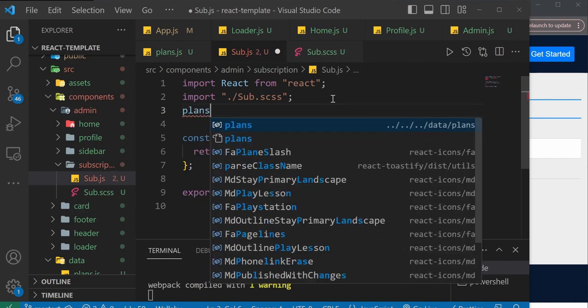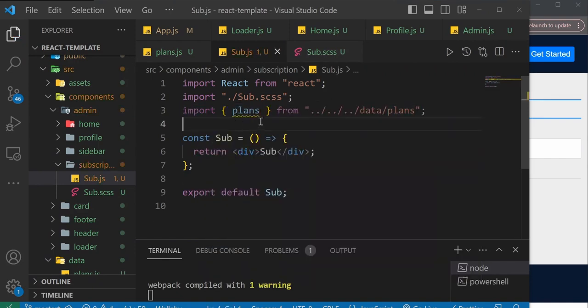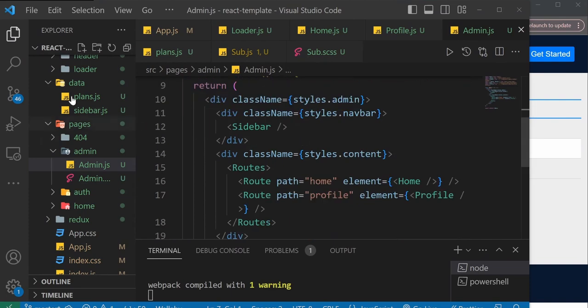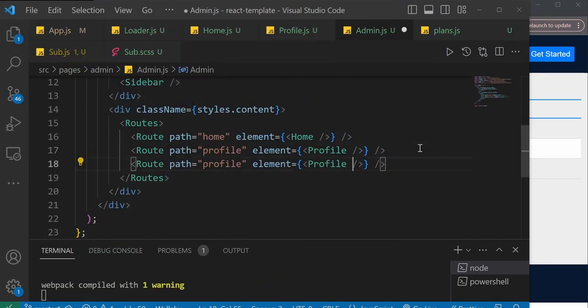So plans, very good. Now that we've done that, let's go ahead and create the route that will point to this guy. So that's going to be inside our admin.js file where we have all our routes. So inside of admin.js, I'm going to come here and just duplicate this last one,